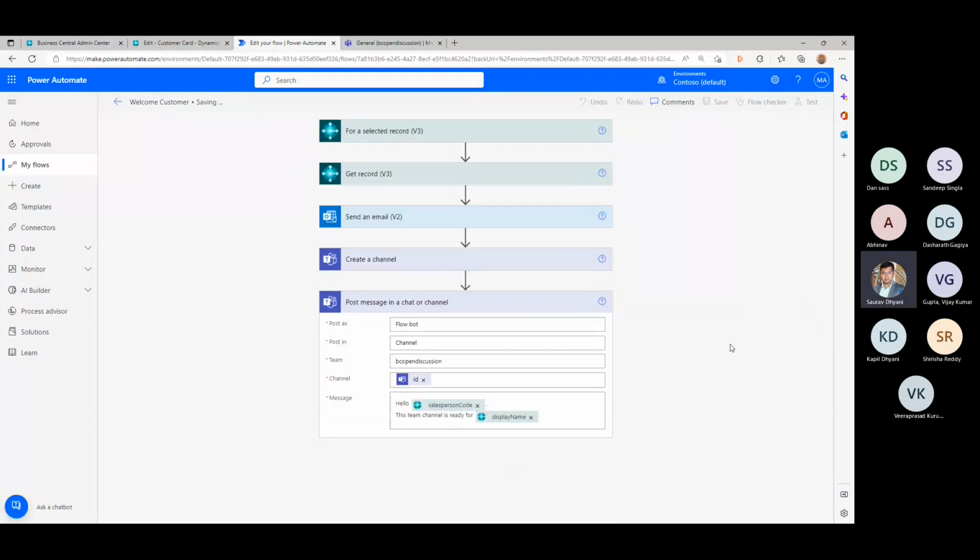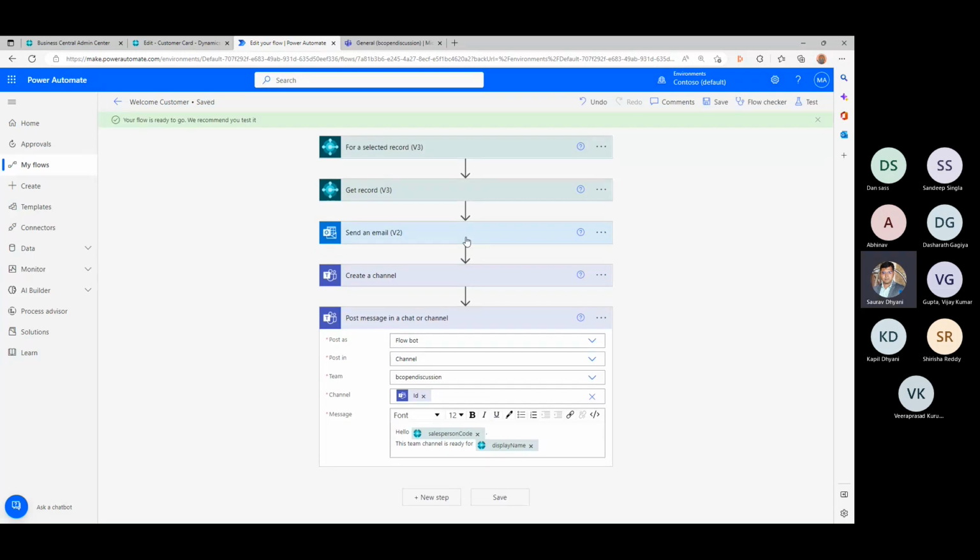With that, at this point, whenever the user runs it, because it is a manual flow that needs to be run, after the email has been sent, it will also create a channel and post a message into the channel. Now, it's not an actual flow, but in an actual flow, what you'll do is add a step before this and verify whether that channel exists or not. And if it exists, then you'll skip it. If it does not exist, you will continue doing that. And we can try that if this works.